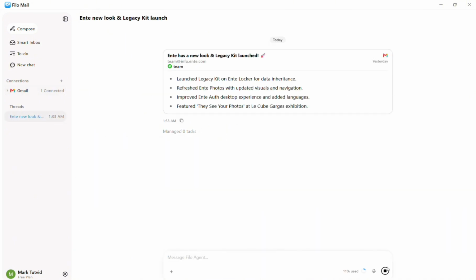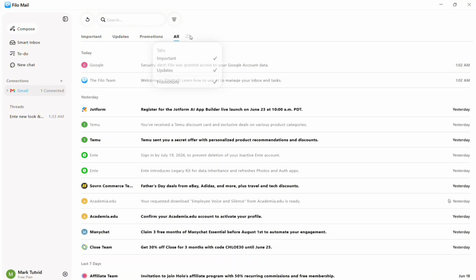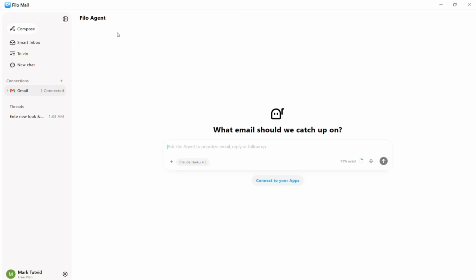But if you're using the pro plan, you could also ask a question such as what emails need a reply today, summarize my unread messages, or find emails about next week meeting. Those are some of the prompts that you can ask the AI in here. You have also this AI chat in which you can start uploading or simply questioning here a variety of tasks